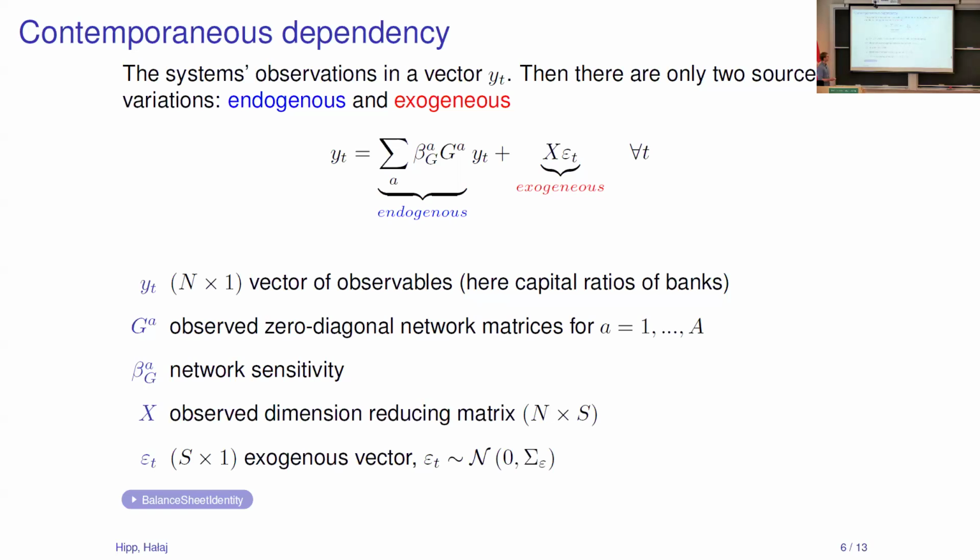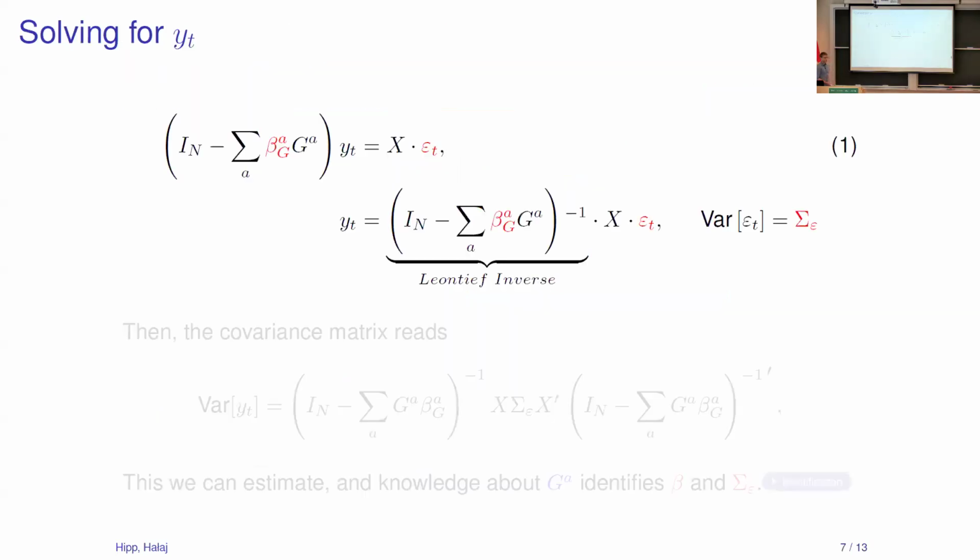But how do we solve that one? Well, simply by putting YT on the left-hand side. This may look familiar to most of you here. If we put it to the left-hand side, we have this one bracket where we have the identity minus the sum of the sensitivities times the adjacency matrix. We take the inverse of that, which leads to a Leontief inverse, which you're probably all familiar with. Then we have this multiplied by the impact matrix plus the shocks itself. And this is quite interesting, because that's just the infinite game of